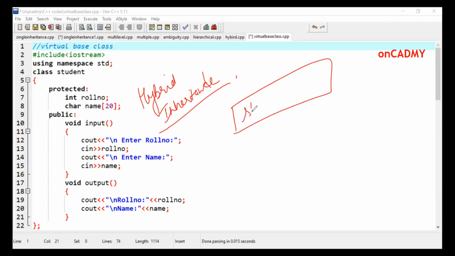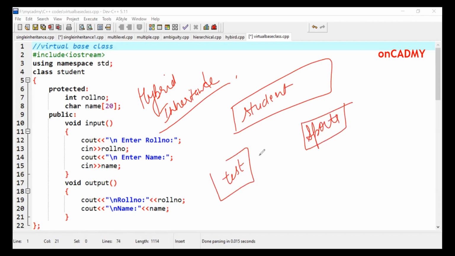student, test, sports and then result. And it was derived like this, where there was no connection between student and sports. It was due to, because if we make this connection,